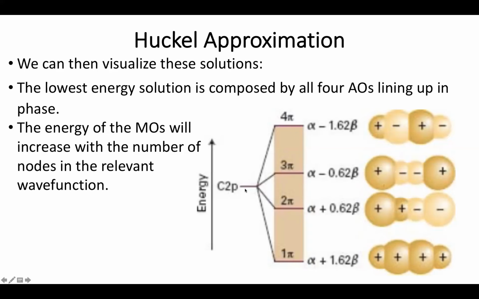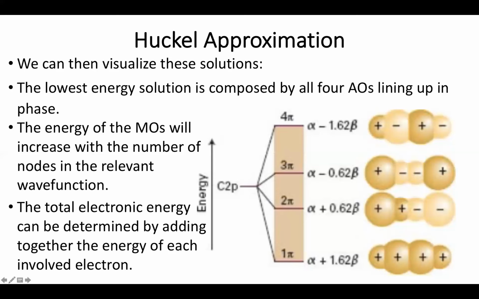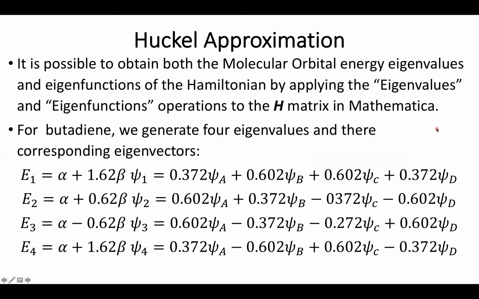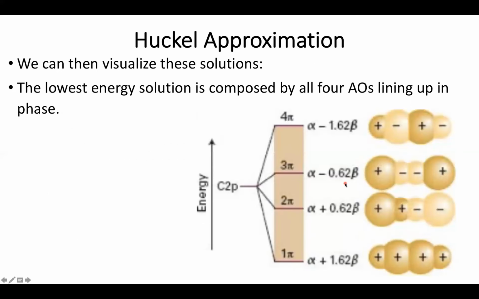And so what we can do is try to get an idea of the energies of a system in, say, the bonding versus the non-bonding form by counting up the energy of each of the occupied electrons. So if I wanted to find the electronic energy for this whole butadiene system, what I would do is take the energies of each of the electrons. So in this case, butadiene brings 4 electrons to the table. So 2 electrons